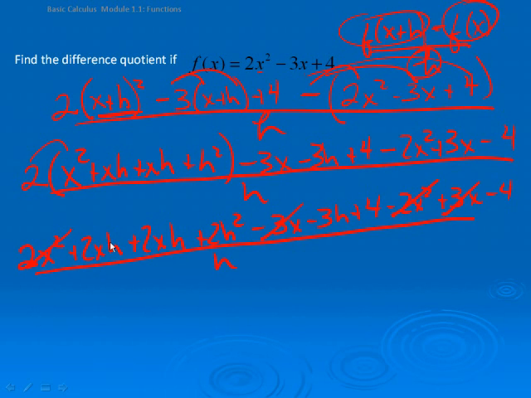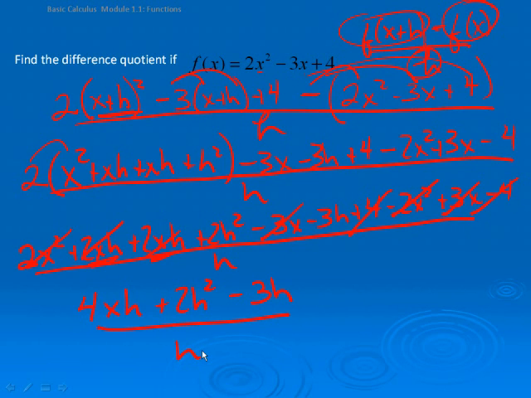Notice that I can put together these two 2xh's, which should give me 4xh. So that's taking care of those. I've got plus 2h squared here. And notice that that positive 4 and that negative 4 cancel. And I'm left with that minus 3h right there,